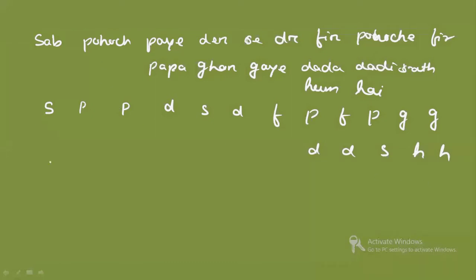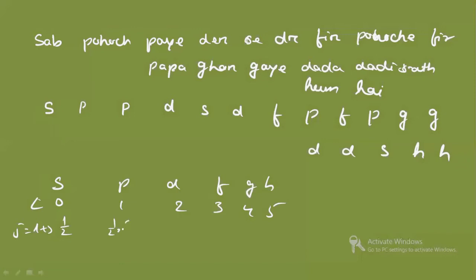Okay, so now we will see how we can fill. If you see S, P, D, F, G, H, the value of L is 0, 1, 2, 3, 4 and 5. And J equals L plus S. Spin is half, so for S, J will be 1 by 2 and 3 by 2. For D, it will be 3 by 2 and 5 by 2. Here it will be 5 by 2 and 7 by 2. Just keep adding 1. Here it will be 7 by 2 and 9 by 2, and here 9 by 2 and 11 by 2.